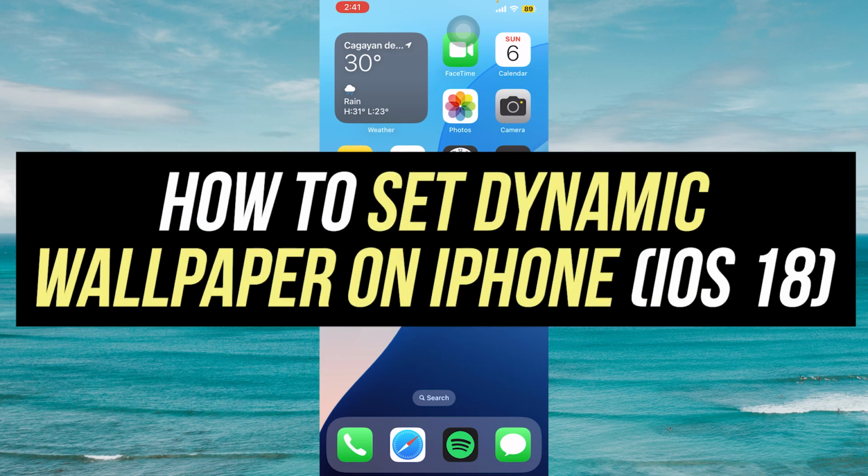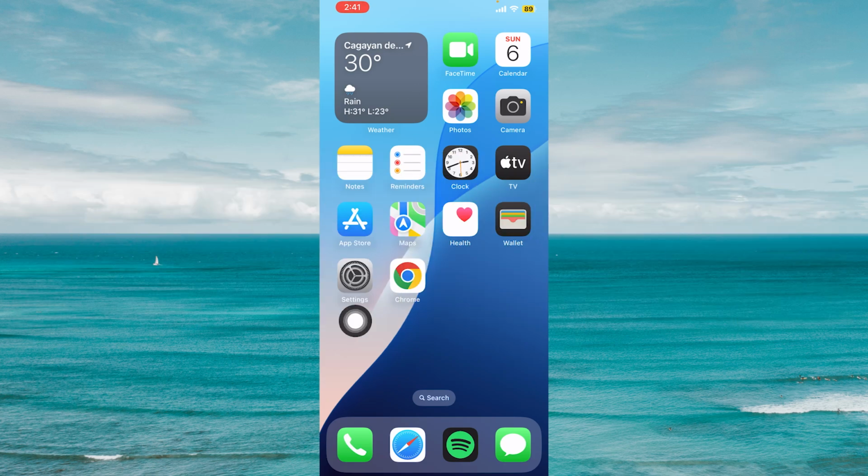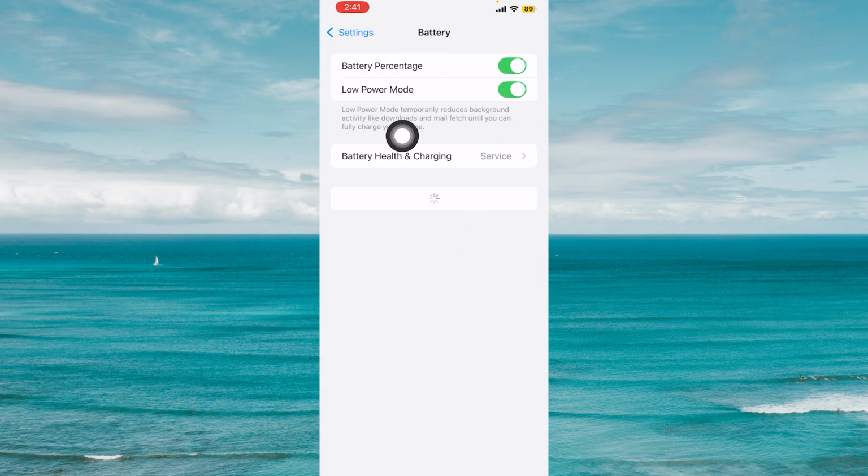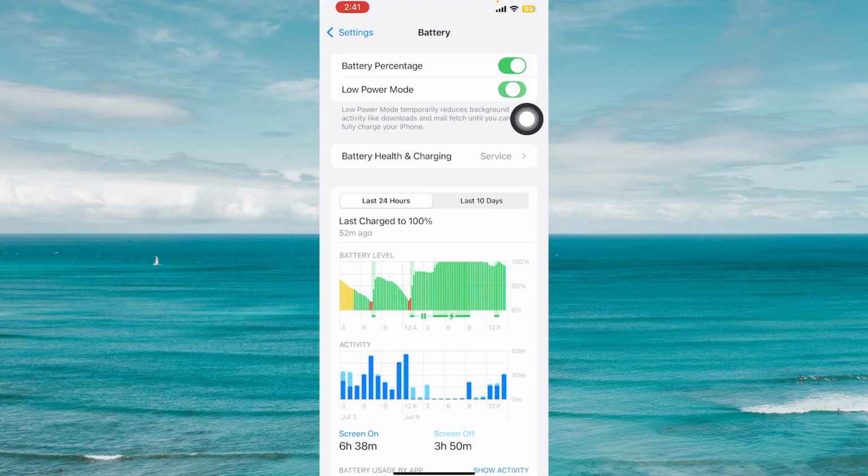Hey guys, today I'm going to show you how to set dynamic wallpaper on iPhone on iOS 18. First, let's go to our settings and let's tap on battery. From here, make sure that the low power mode is turned off, so click on the toggle button if it